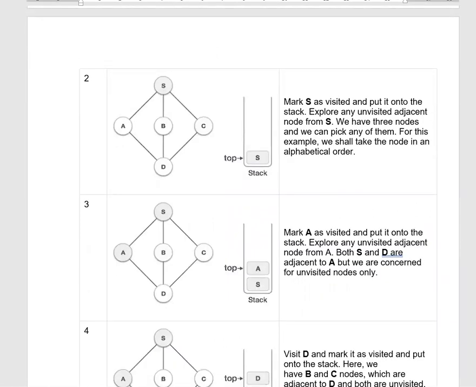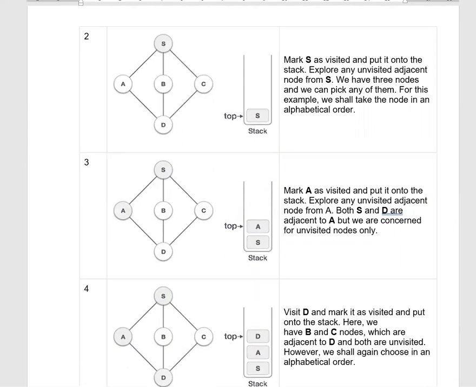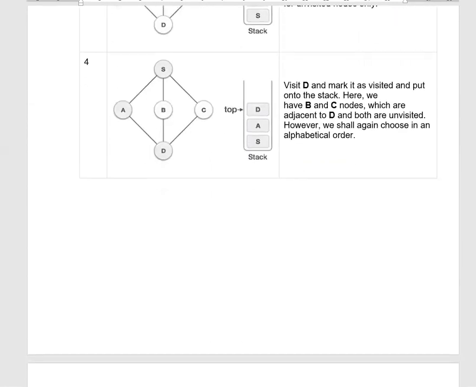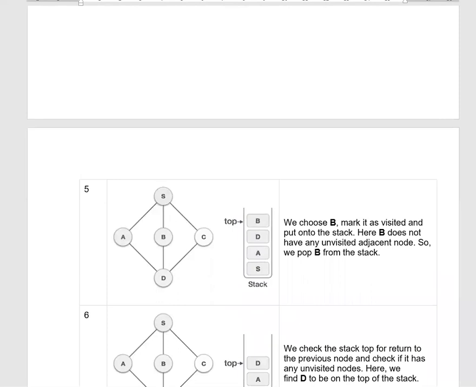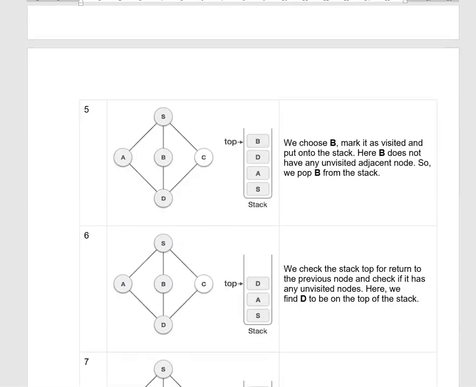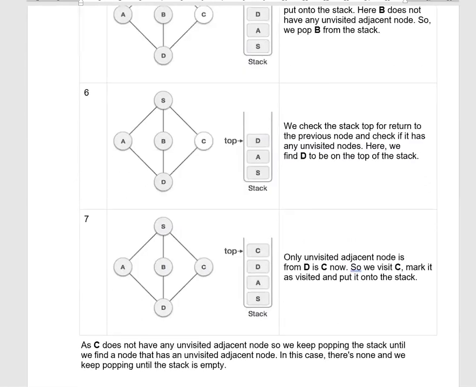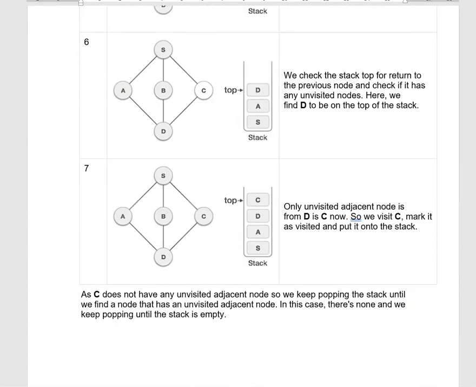Then after A we traverse the child of A, so that is D, so we traverse D. Then after D we traverse B, because the second one after S is B, so we traverse B. So B का भी common child क्या है? D, so we don't traverse D again. Now next, at the last we traverse C. So after B we traverse C. So that is known as depth first search process.